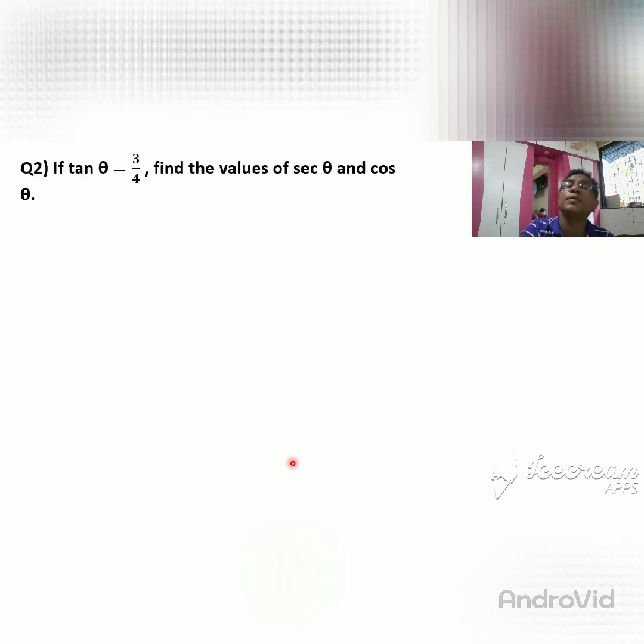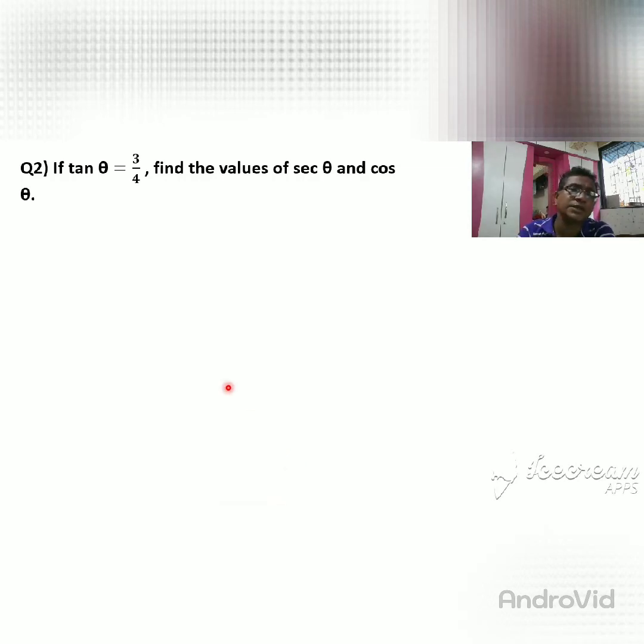Then we are going to learn another problem, that is problem number 2. Okay, so see here, problem number 1 I will show you with the help of the identities, and problem number 2 is solved with the help of the identities as well as with the trigonometric ratios also.